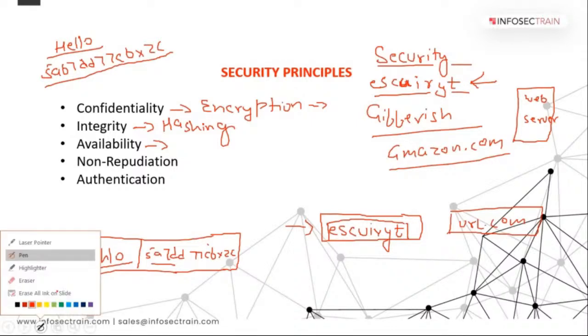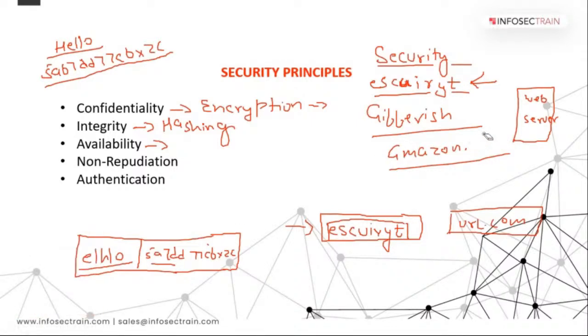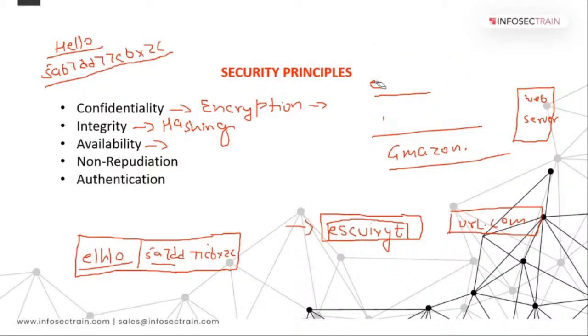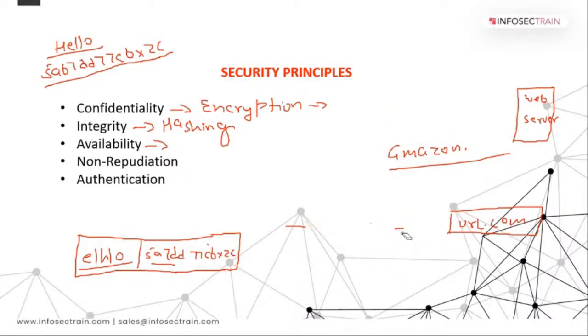Now, if I ask how you can attack availability, is there any attack that we can do on availability? DOS attack. Now, if I talk about DOS attack, those who know about it, it's good. Those who don't know, let me tell you guys what a DOS attack is. In a DOS attack, what happens? DOS stands for denial of service.